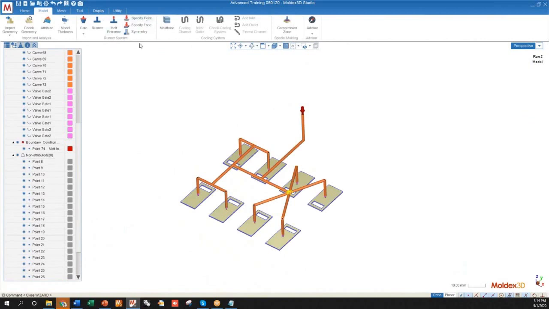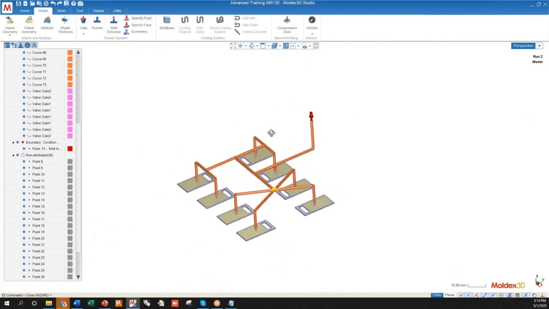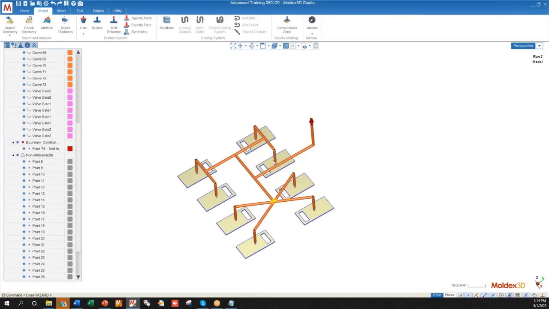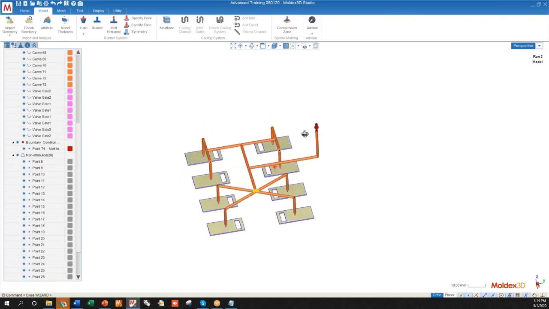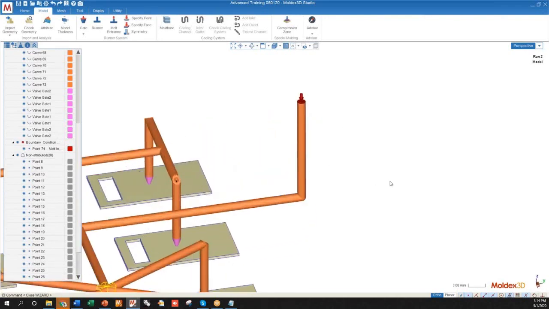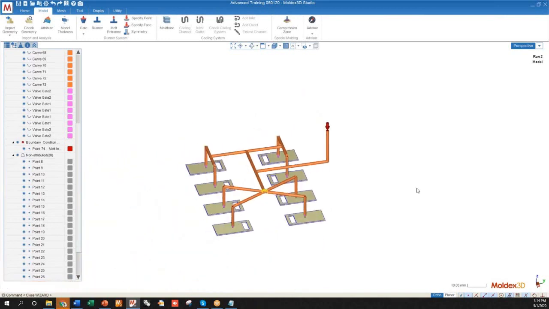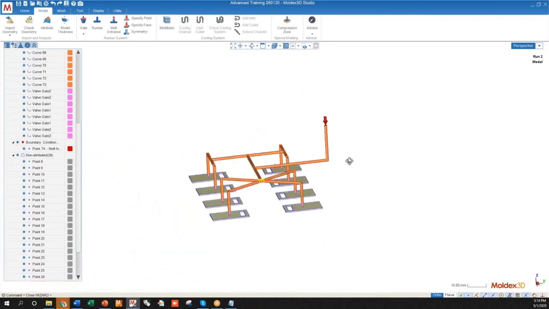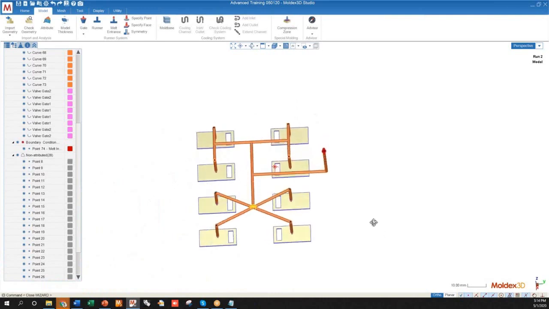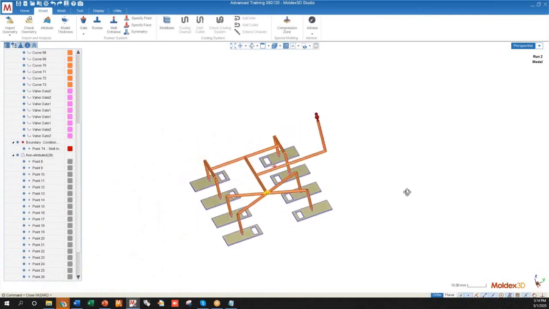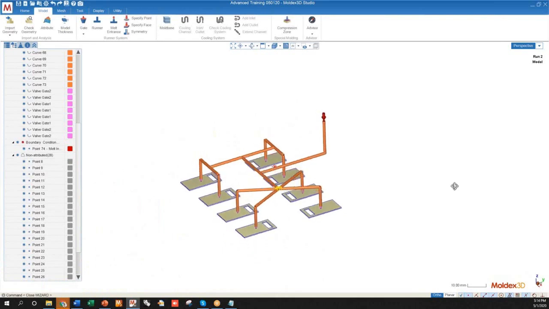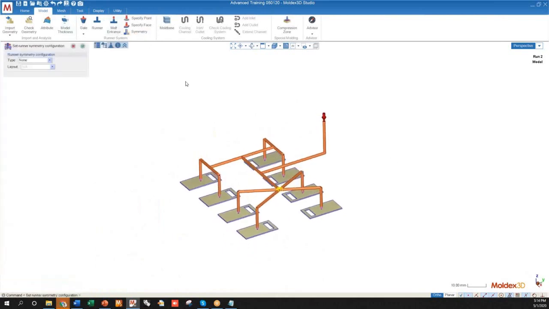The symmetry function allows us to consider the other half of our mold. In this case, we probably have another half of our mold that would be on this side. But we don't necessarily have to consider the entire second half of our mold as physical elements, we can actually create them as virtual objects using the symmetry function. So I'll just show everybody how that works real quick. If I click on the symmetry function and click on the type to be a half,